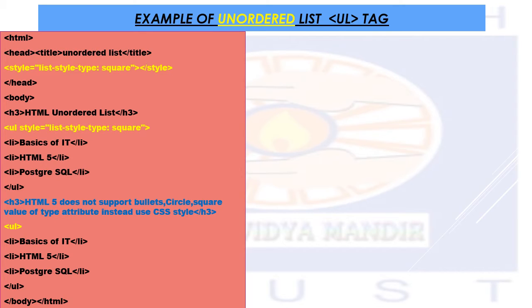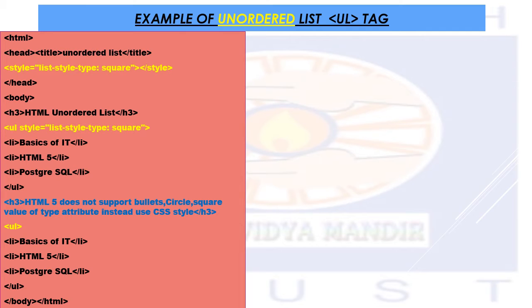You are using the UL tag, UL style equal to list-style-type, and you are giving the value square. Did you understand? The same style whatever you have used over here, you have to use over here with the help of the UL tag. This is the unordered listing in HTML5. Now the listing comes, that is, the li tag is used. Close the UL tag. Now see in the blue color the H3 is given. This is the second type, correct? Here I have used the type as square.